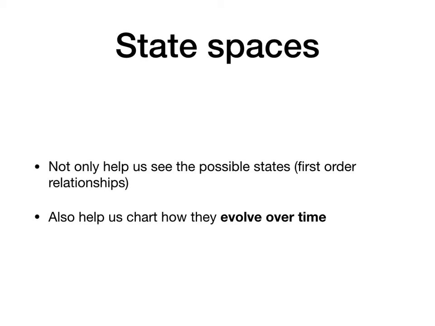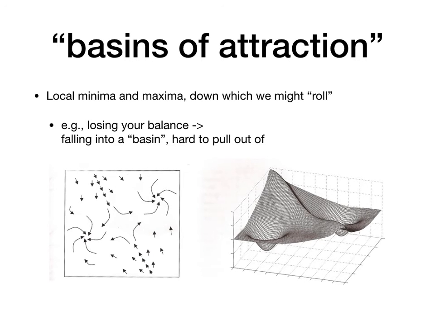So another concept in this type of analysis, dynamical systems, is called basins of attraction. We talked before about local minima and local maxima, in terms of trying to search and getting stuck. It's a similar concept here, but more real time than in problem solving. So this is the idea that there are basins of attraction down which we might roll. It's tricky to think about that in terms of how I navigate my daily operations, but